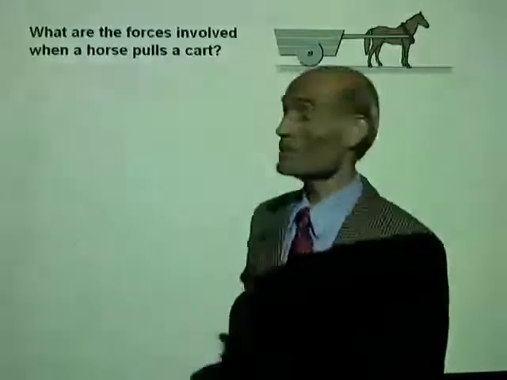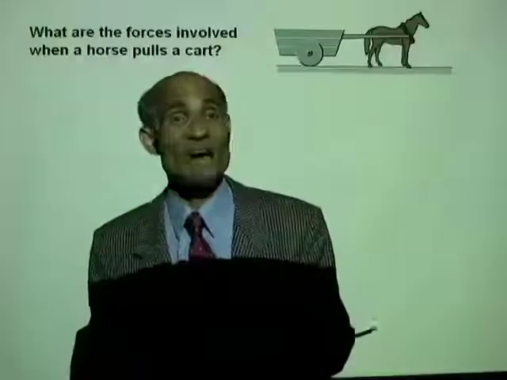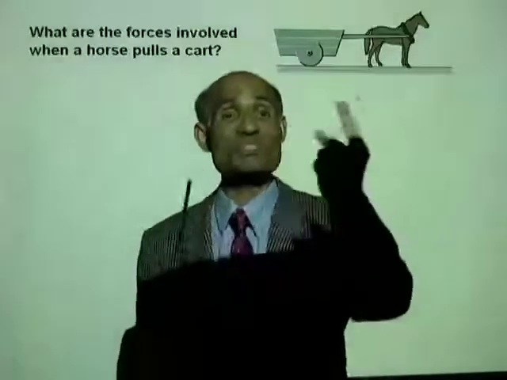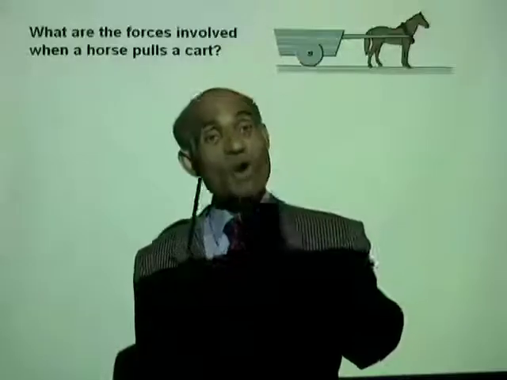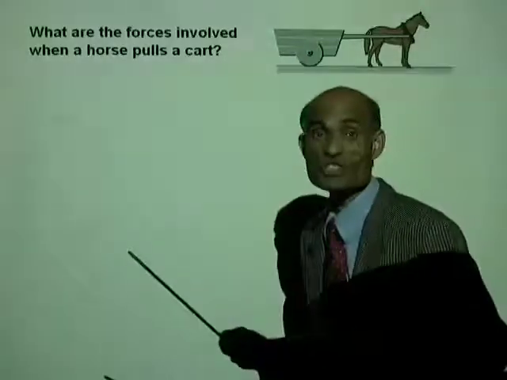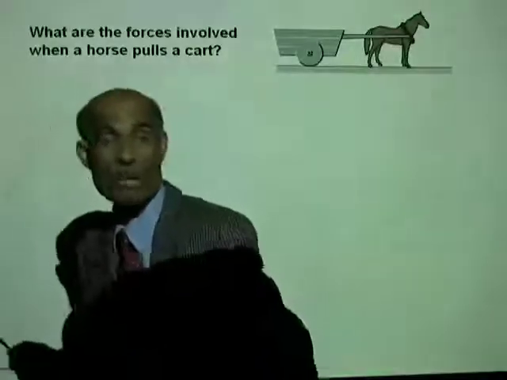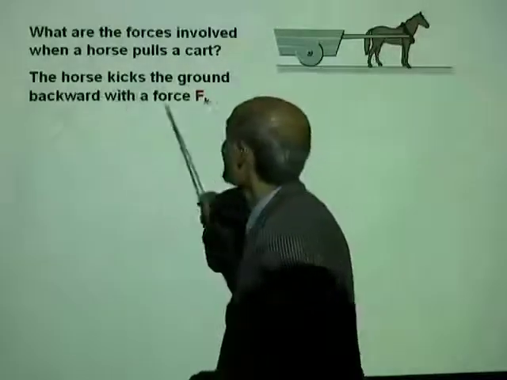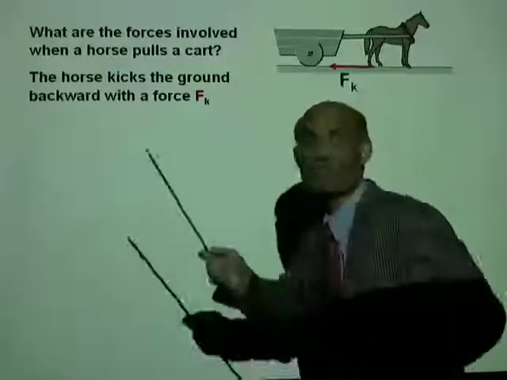Well, do you see that the cart is tied to the horse? That means the horse and the cart form a single system. So the action here is not the horse pulling the cart. The action here is the horse kicking the ground. See that? The horse is kicking the ground. That is the action. The horse kicks the ground backward with a force F sub K, the force of the